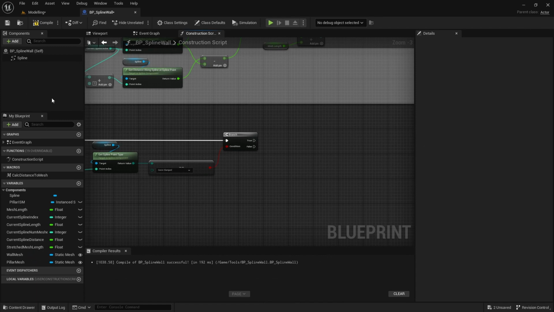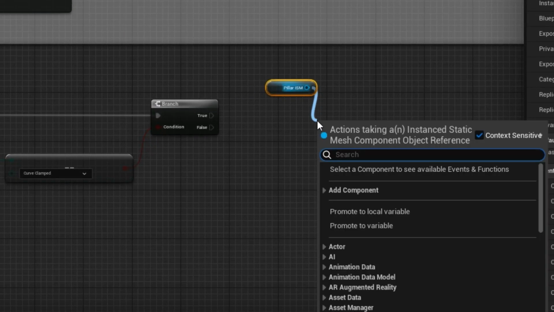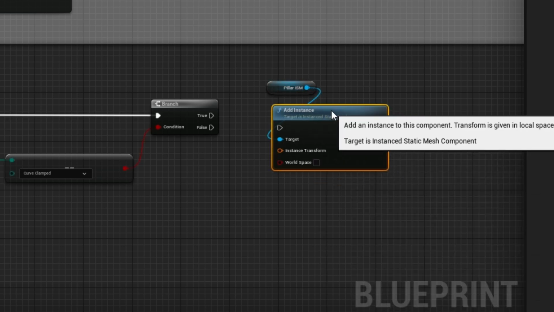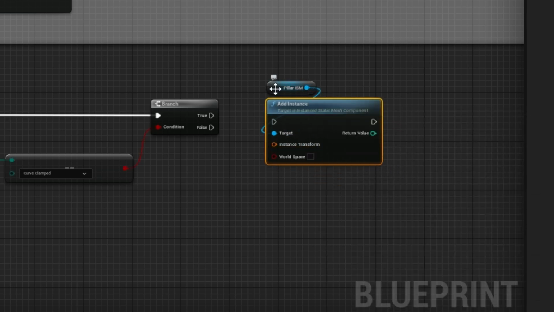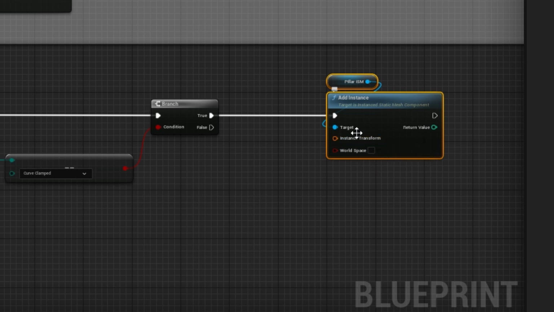So if we get our pillar instance static mesh variable here, Control-drag it in, and if you drag off there and do add instance, we're now actually going to add one of the pillar meshes to the scene. So click on that, and it's asking where do we want to put it? Well, we want to put it at the spline point. So to get the spline point, we need to